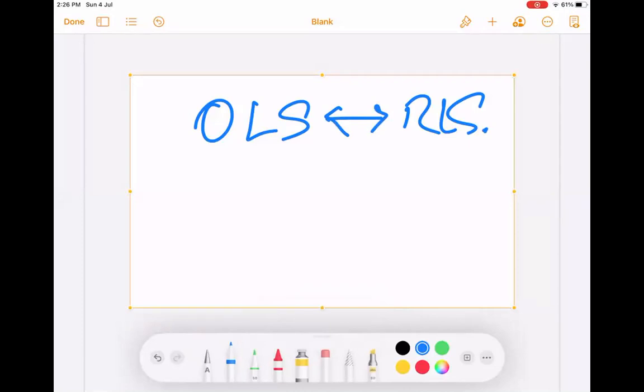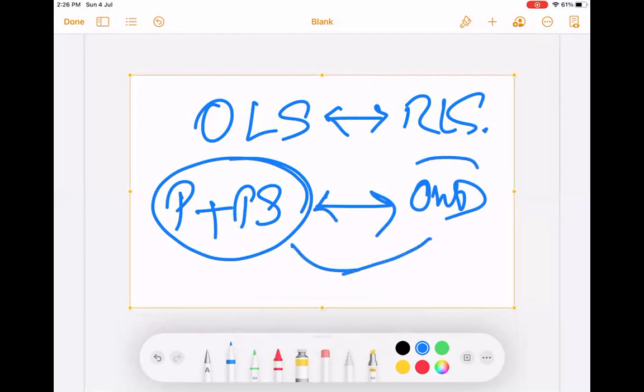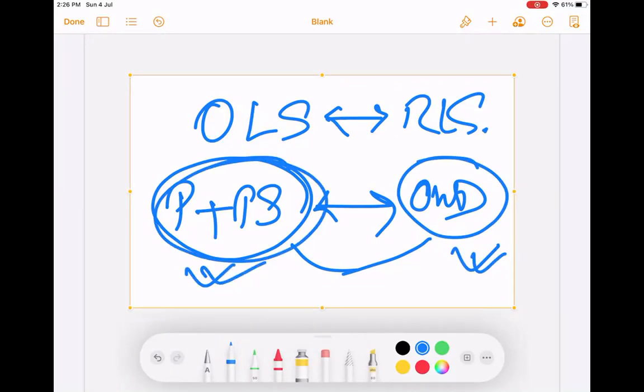It is decided by profile plus permission set and OWD. In between these two, whatever is the lesser or most restrictive permission wins. If it is blocked here, then this wins. If it is blocked here, then this wins. Clear?